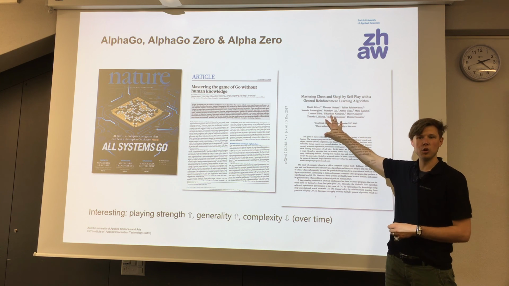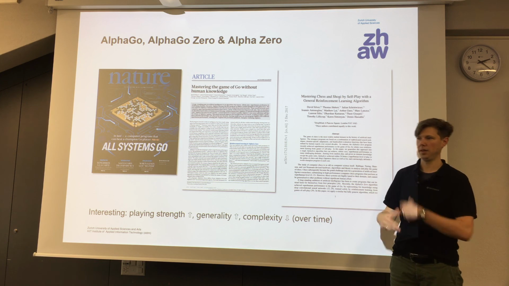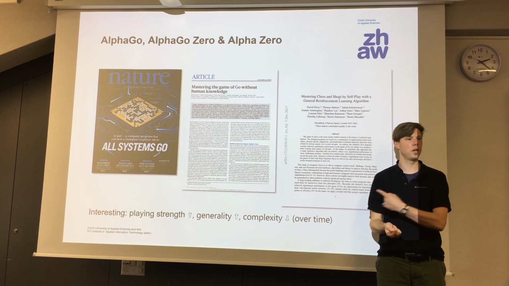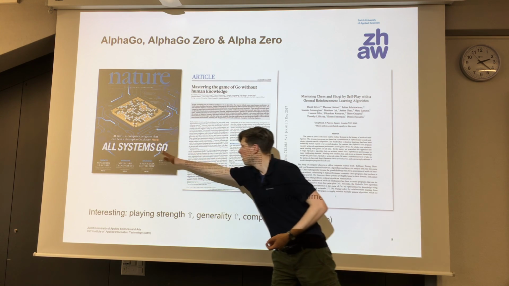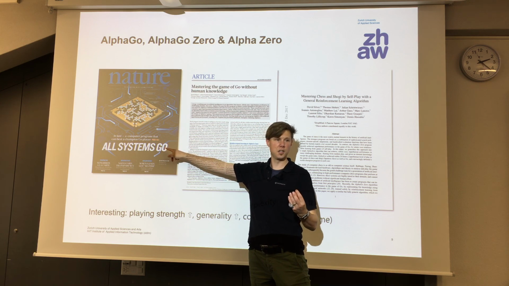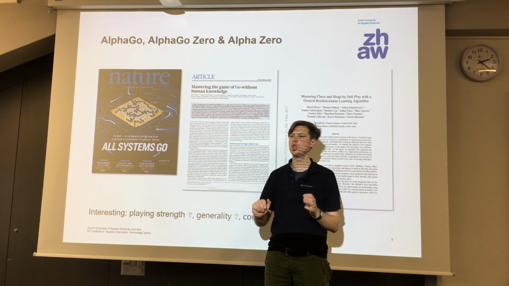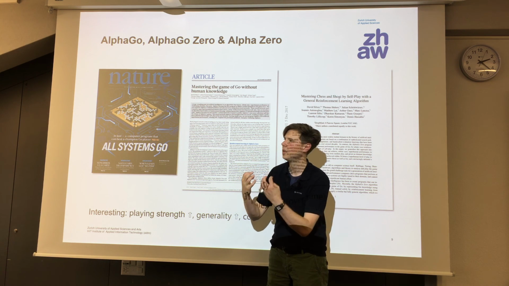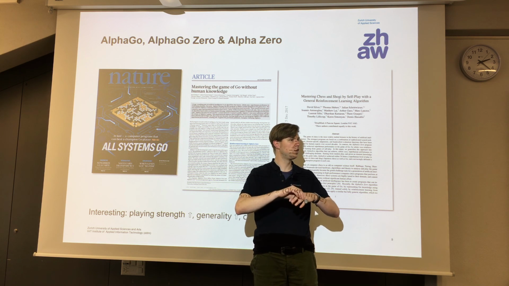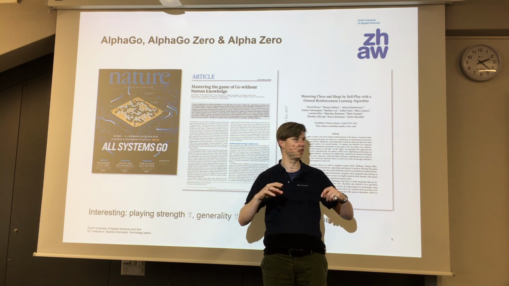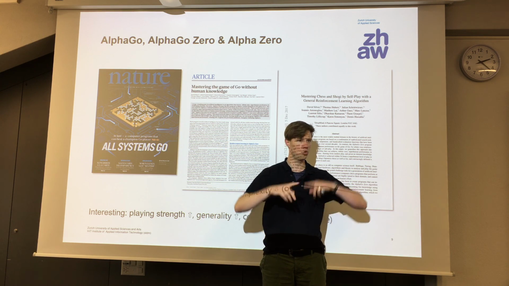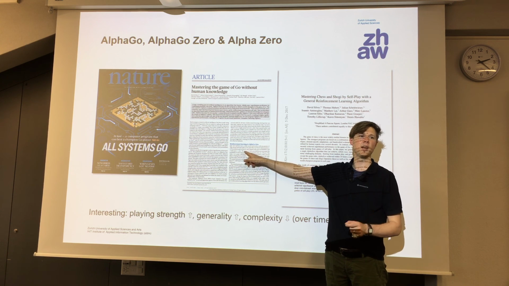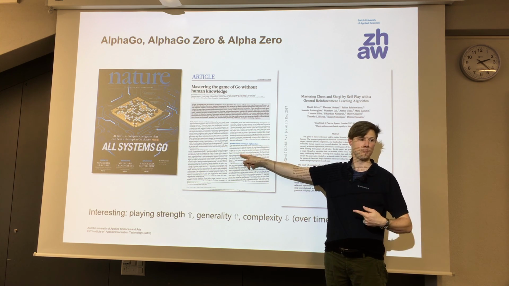So they showed it can not only play Go, it can also learn the rules of chess and another similar game. The interesting thing here, and that is very seldom in machine learning, is why I present it to you. This was the first breakthrough article. The system is quite complex, difficult to engineer, lots of training, lots of data. It needed supervised learning and expert knowledge from human players, and for every board position, what the human would do, to start the learning process. This system became much better, with much less data and absolutely no supervision. It just plays against itself.